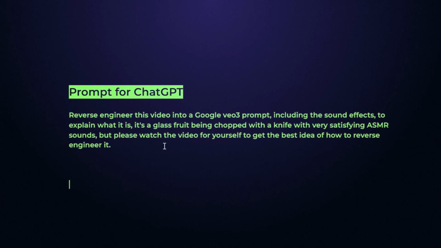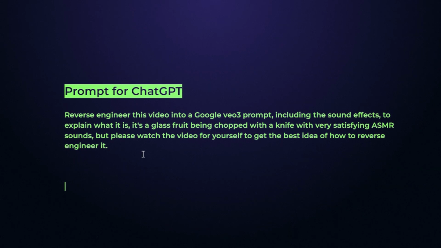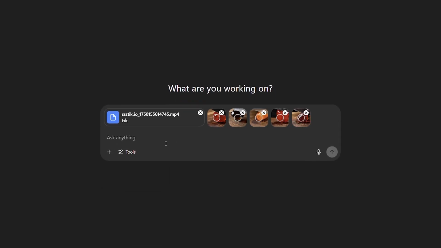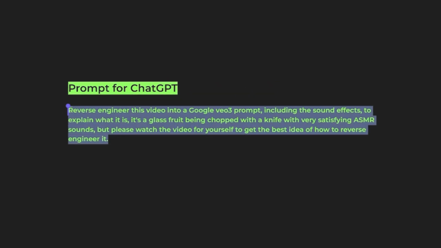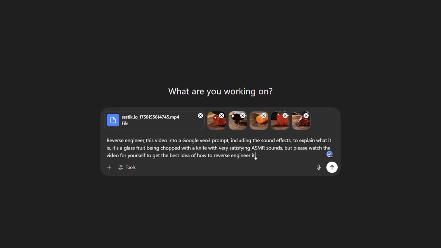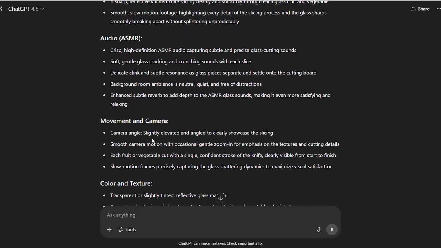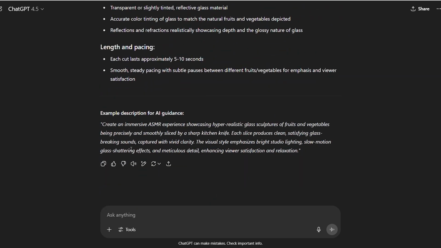Now that I have all the information needed, we need a prompt for ChatGPT too. I've taken care of that also, where I have prepared the prompt for you, which you can find down in the description. Now let's upload the video and the image onto ChatGPT, and then let's copy the prompt and paste it in the prompt section here on ChatGPT. And boom. Here is the breakdown of what you want, and at the end is the prompt that we need to